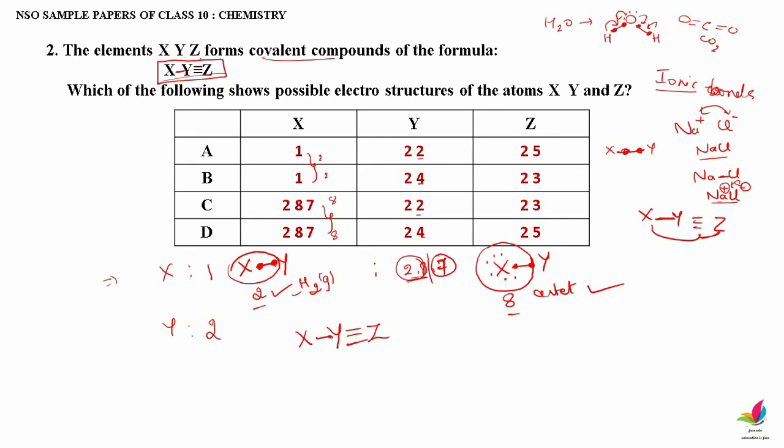So Y should have a minimum of how many electrons in order to form 4 bonds? You can see clearly how many bonds it will form. Y clearly forms 4 bonds, correct? Y forms 4 bonds with X and Z: 1 bond with X, 3 bonds with Z. So the total number of bonds formed by Y will be 4. In order to form 4 bonds, the minimum number of electrons that Y should have is 4. If it doesn't have 4 electrons in the outer shell, how can it form 4 bonds?